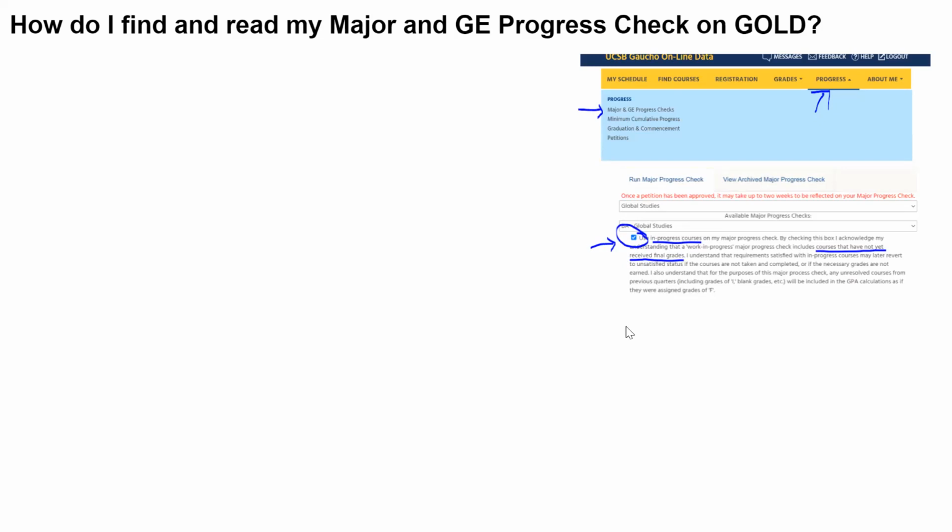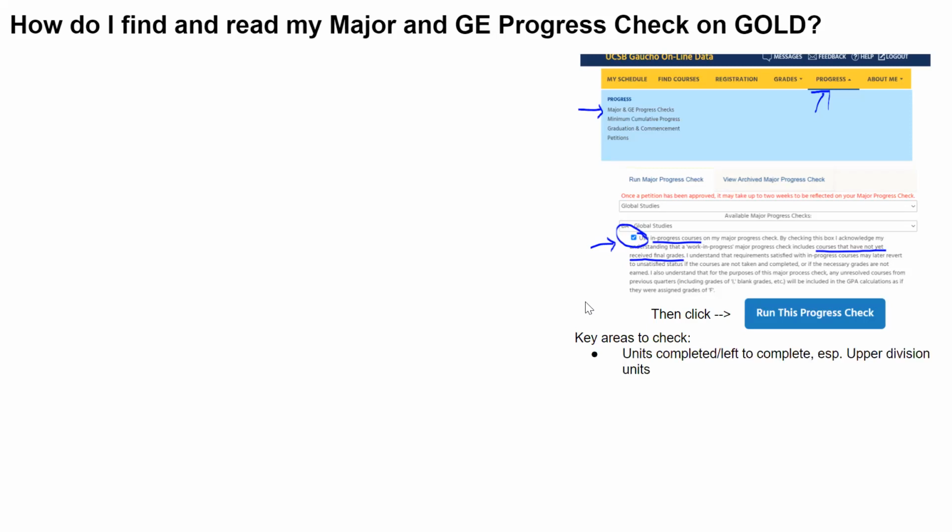So you do want to kind of get the full picture with that. Then you will click the button that says run this progress check. Key areas to check: you are going to check on units completed and left to complete. This is always just a good thing to be on the lookout for, but specifically for the major, you are going